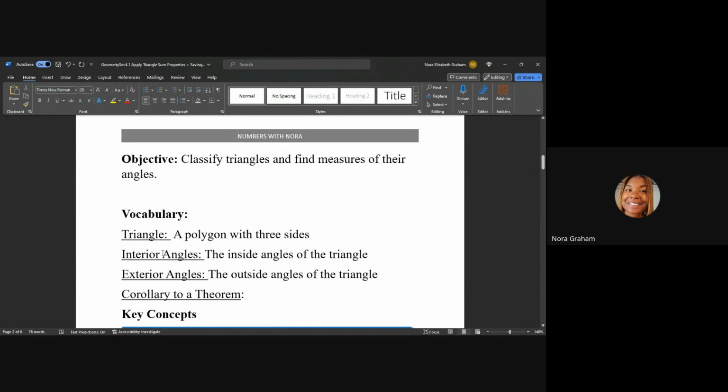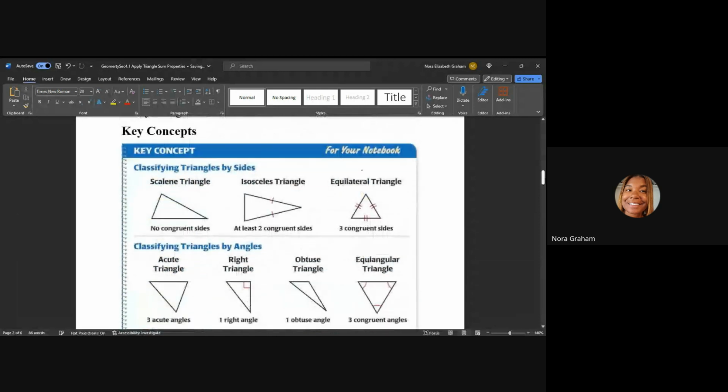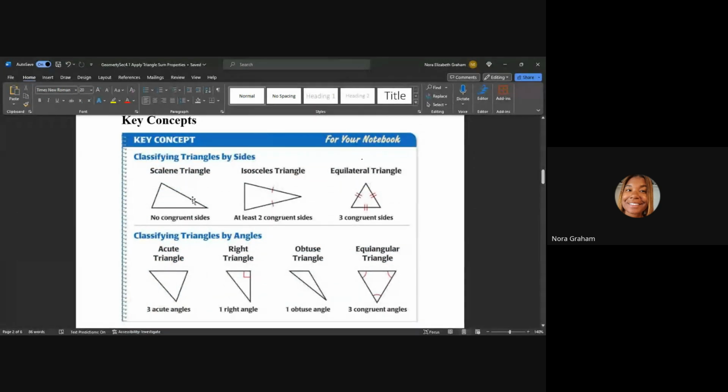And then again, when we get into proofs and theorems and stuff like that, we have corollaries. And corollaries are just a statement that can be proved easily using a theorem. And those are the main vocab words that we're going to use in this section. There's going to be more for chapter 4. Okay. So again, our key concepts for this one, since we are looking at triangles, we have like 3 different